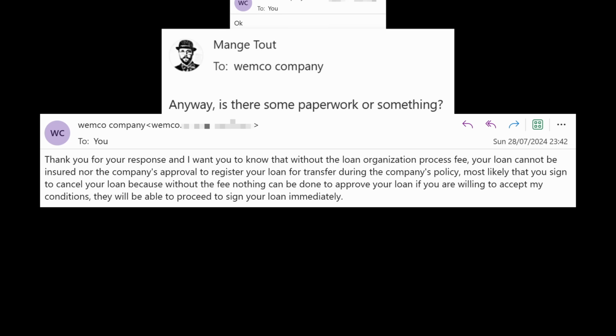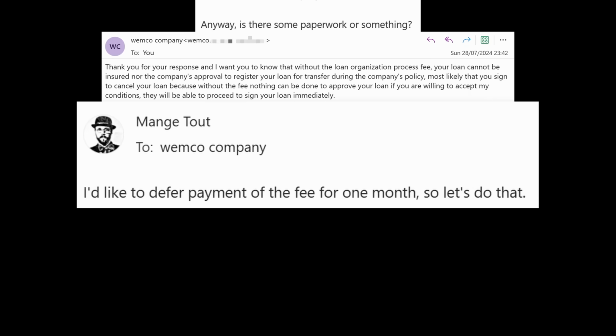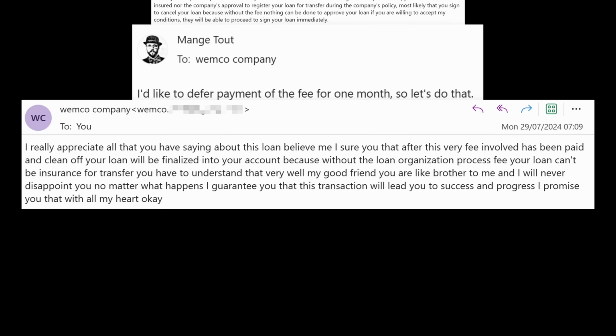If you're willing to accept my conditions, they will be able to proceed to sign your loan immediately. Interesting word salad. Well, I'd like to defer payment of the fee for 1 month, so let's do that, I suggested. But the scammer continued,